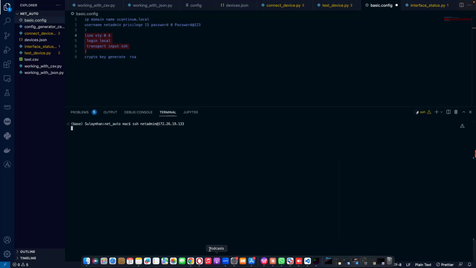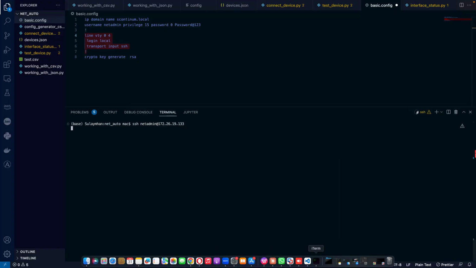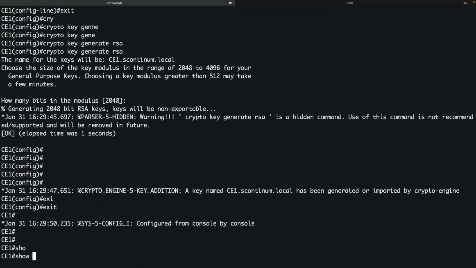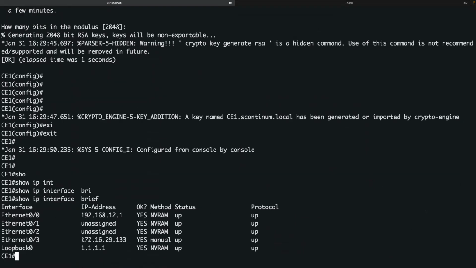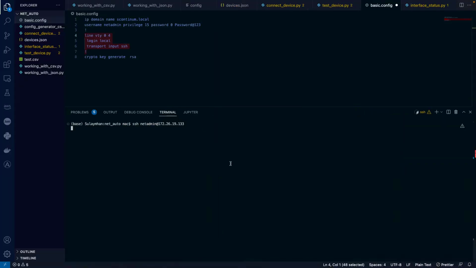Let me see if this IP is correct. Let's go back to this terminal here. Show IP interface brief. Yeah, it's 172.29. So let me copy this correctly. And yeah,